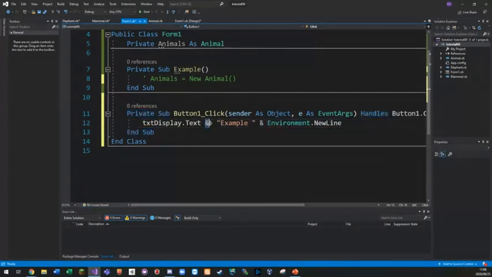Okay, so I'm saying join example with add to existing. Add to existing. So if we go and run this code,